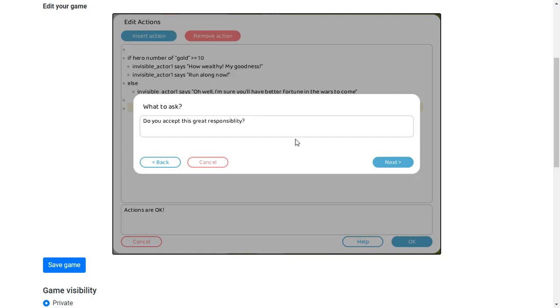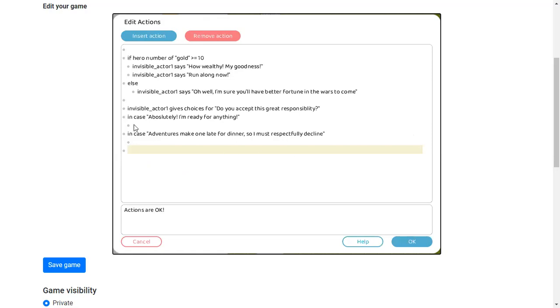Is that how you spell responsibility? I don't know, we don't have spell check in here. That's fine. Possible response: Absolutely, ready for anything. Or, I think, adventures make one late for dinner, so I must respectfully decline. Okay, so now it's going to give us some choices, and it's going to give us these choices